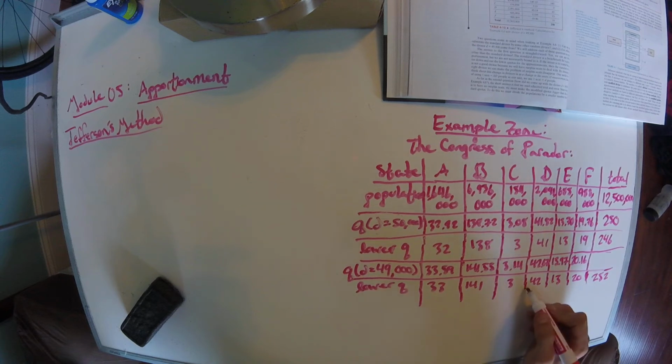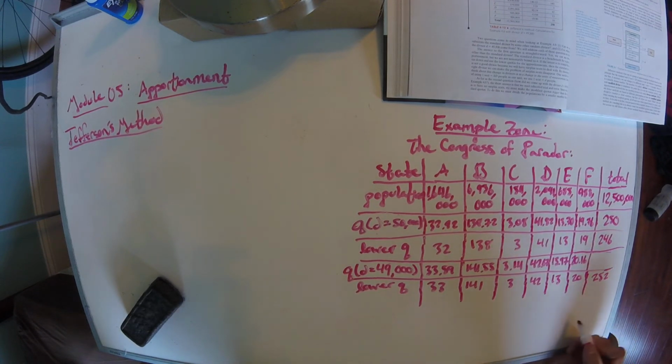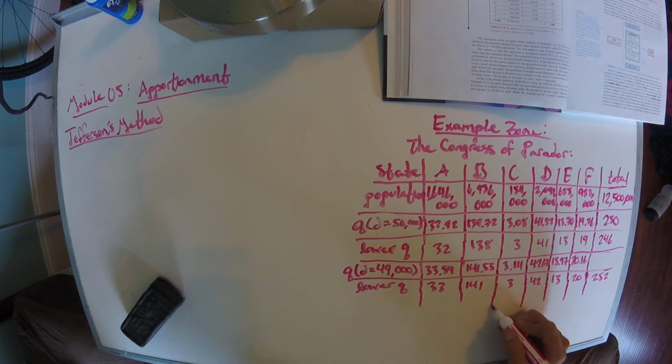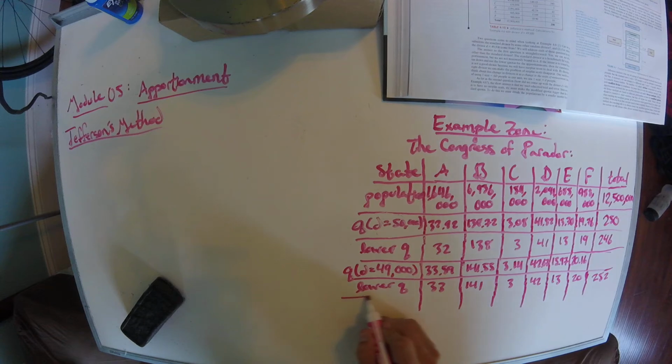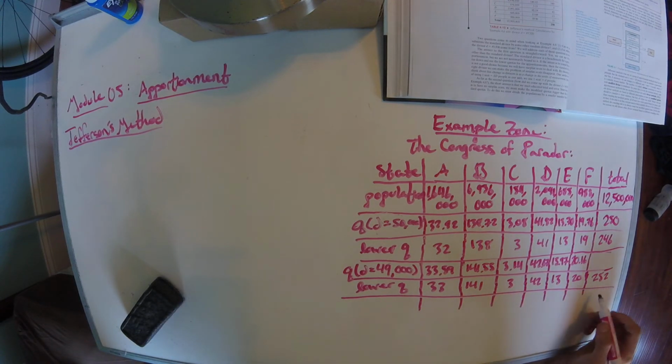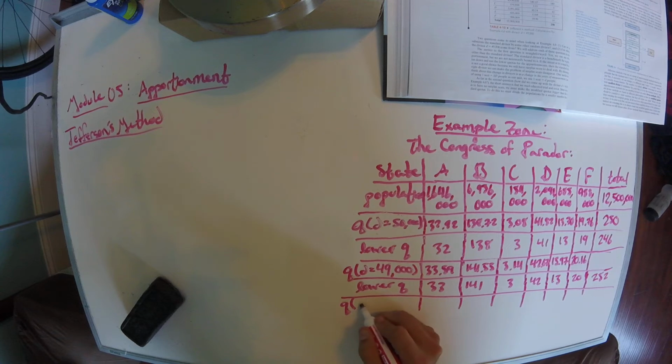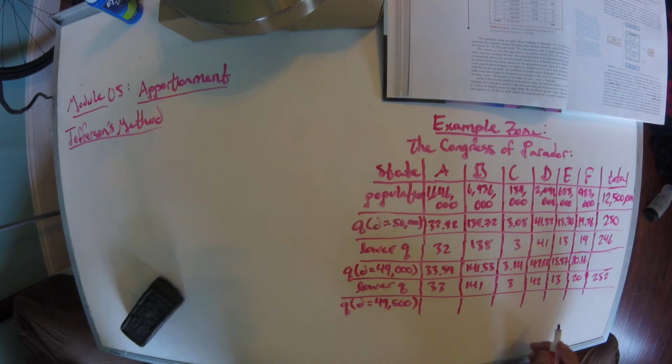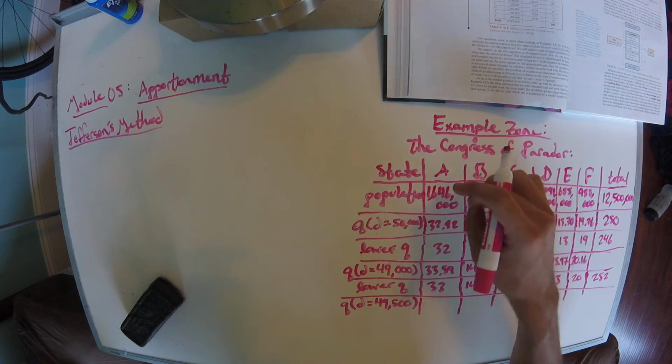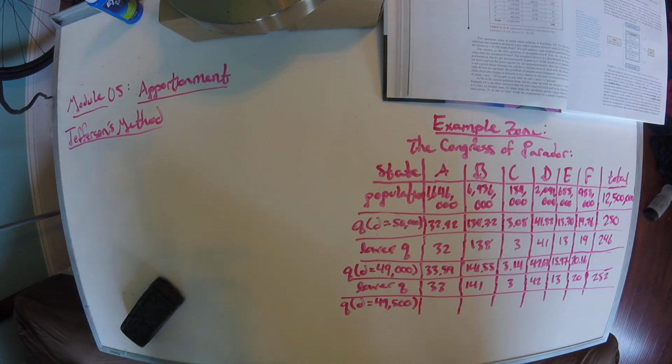And this process is essentially going to repeat until we find a D that gives us lower quotas that sum to 250, like I've said a bunch of times. So let's go ahead and try Q where D equals 49,500. Okay, so using this, we're again going to divide each state's population by this number, this D, and so we'll get